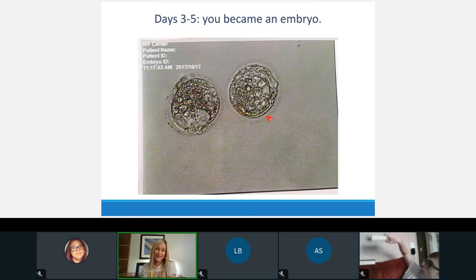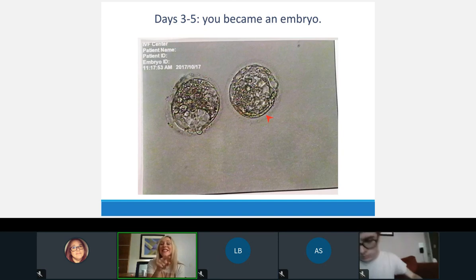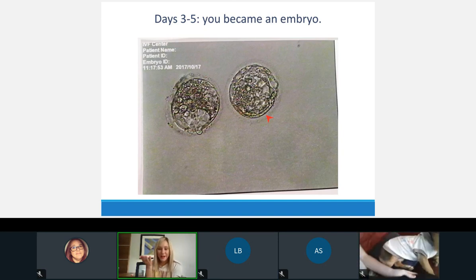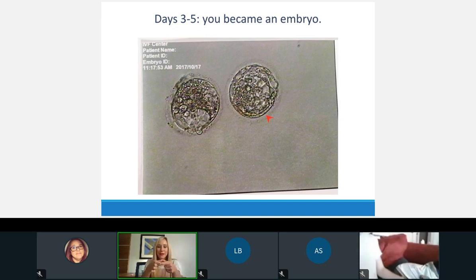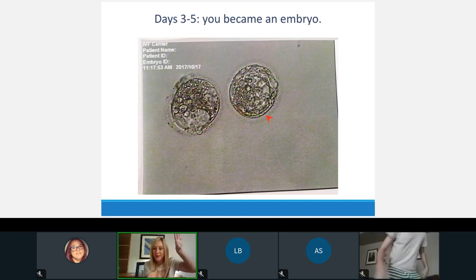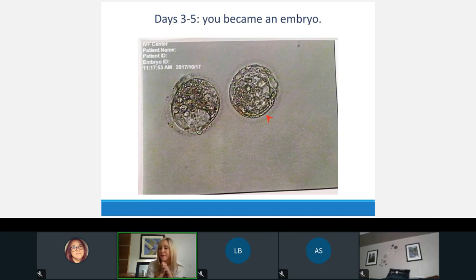So how cool is it? This picture right here was taken in a laboratory under a microscope. They put Rennie's little petri dish under a microscope and put it up on a TV. Yep, it's called IVF, in vitro fertilization. And as they put these pictures on the microscope on a TV right before they surgically put them in me, you could see, guys, you could see these cells growing and moving. You could see them thriving. It was so super cool.